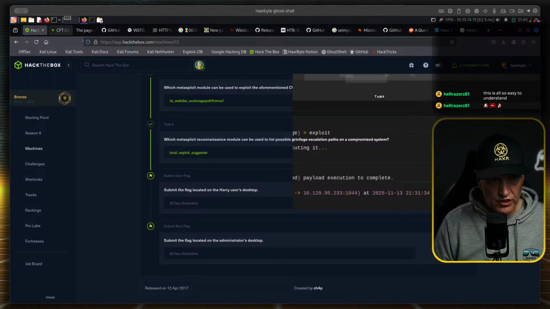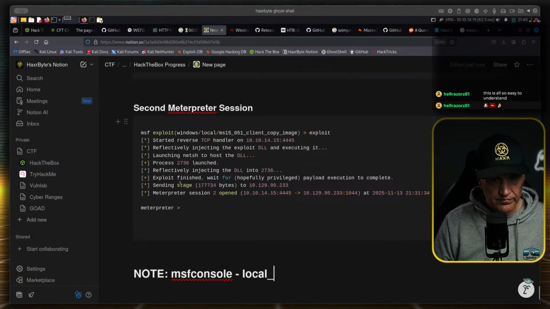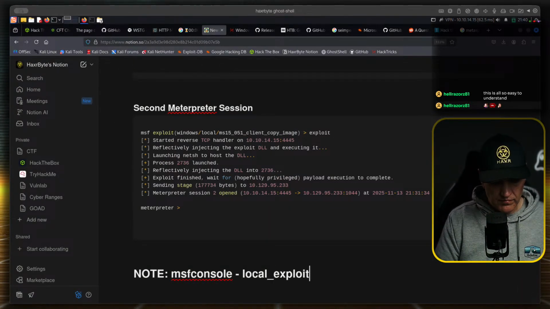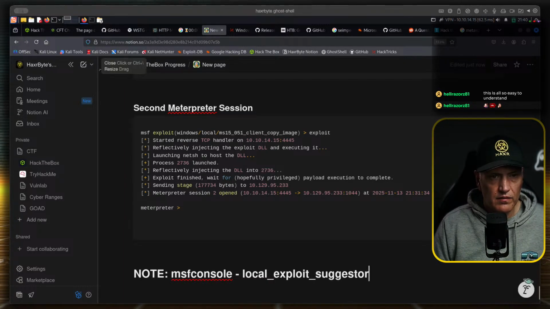Local exploit suggester. Interesting. Interesting.